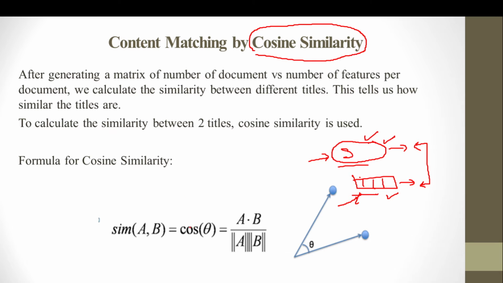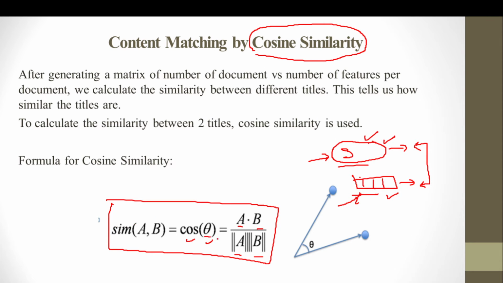Right? So in this recommendation system, the formula for cosine similarity is cos of theta, that means the dot product of vector a and b divided by their moduli. Now theta is the angle between the vectors. Now if there are two vectors which are very similar to each other, then their angle will be almost 0, meaning they are very close to each other.